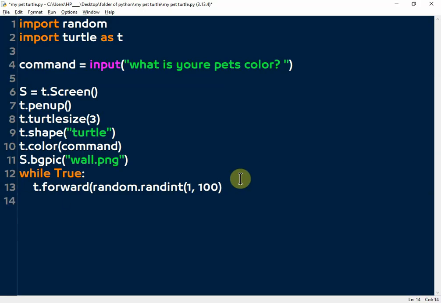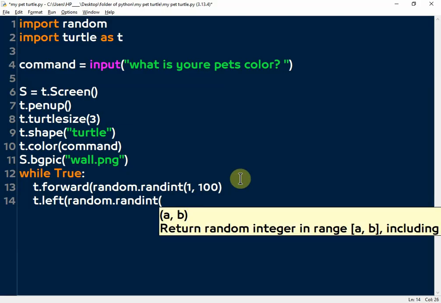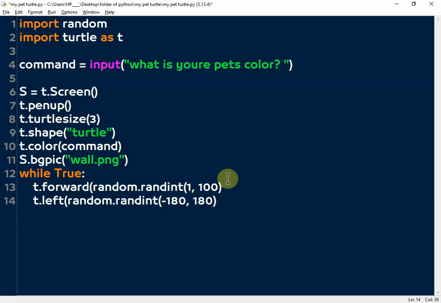Also, no, I said t.left random.randint minus 180 to 180 degrees. If I run, Control S and F5,